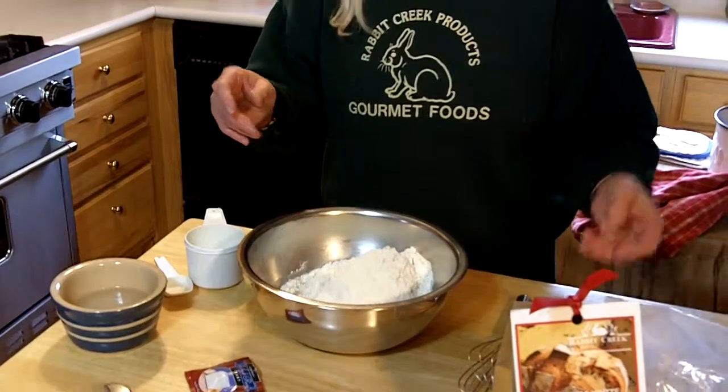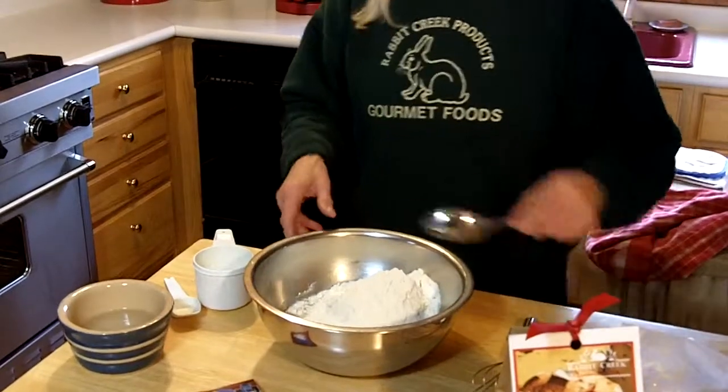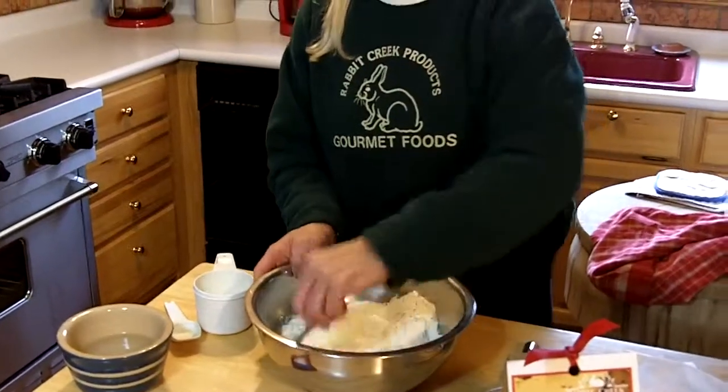And we have another flavor. We have a Parm cheese flavor and we have an Italian herb. So you would add all the other packets in at that time. You stir this up,